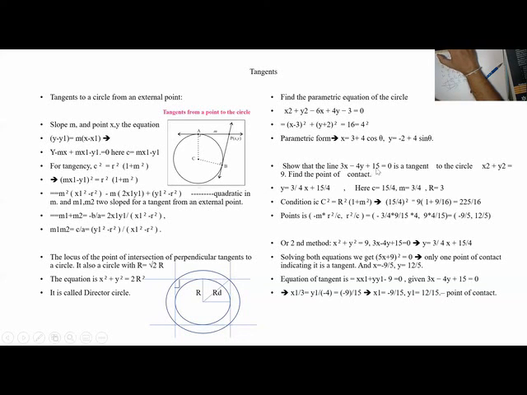Now the second point: this line is a tangent to the circle. Find the point of contact. First we check that this line is a tangent to the circle. What is the condition? c square is r square into (1 plus m square). Here c is 15 by 4, sorry. y is mx plus c, so this goes to the other side and it becomes y equals mx plus c. So 15 by 4 is the c. What is the slope of this line? The slope is minus a by b, that is 3 by 4. dy by dx is 3 by 4.